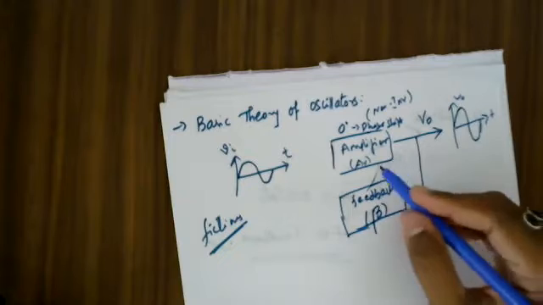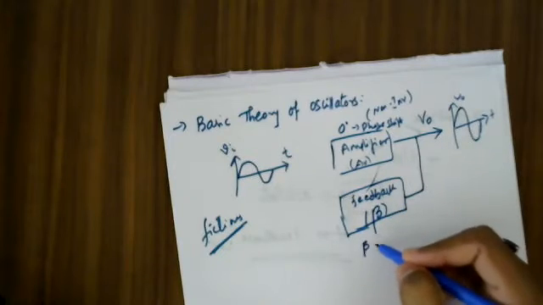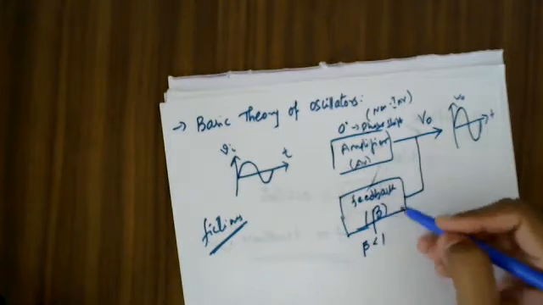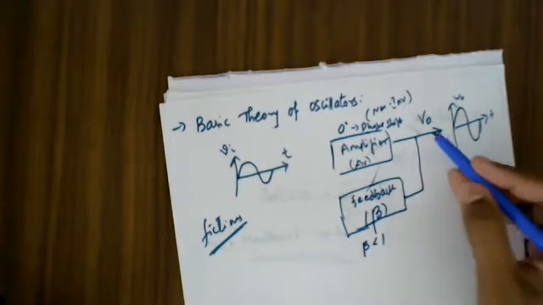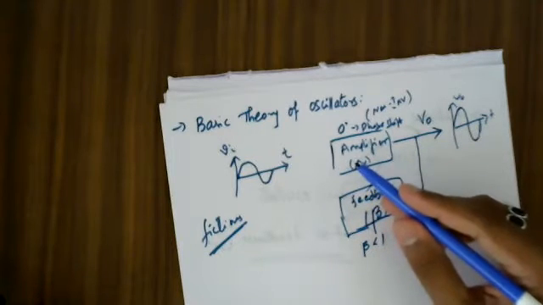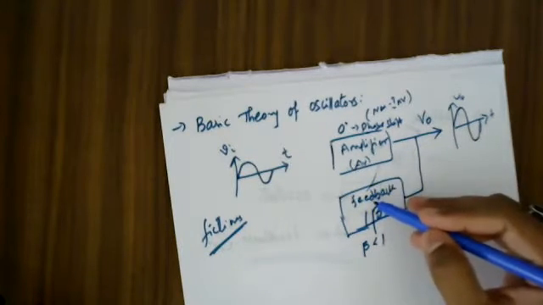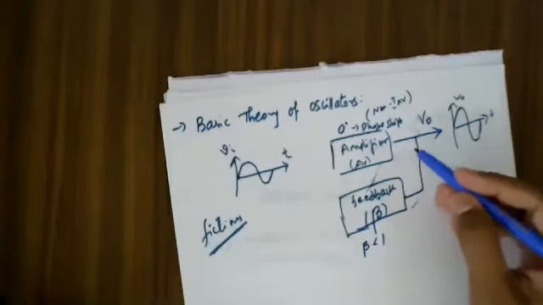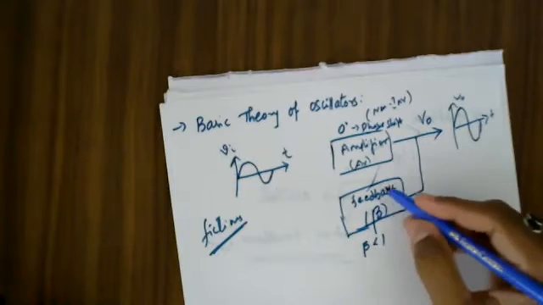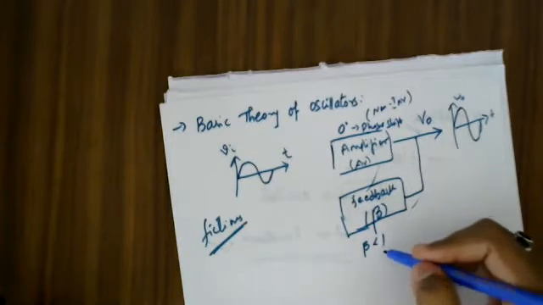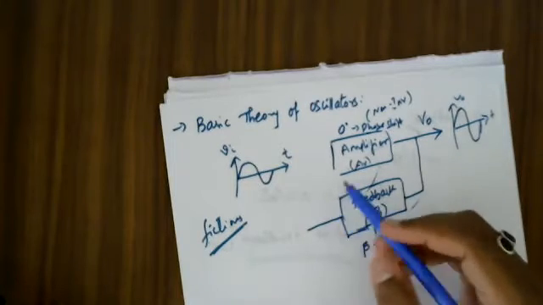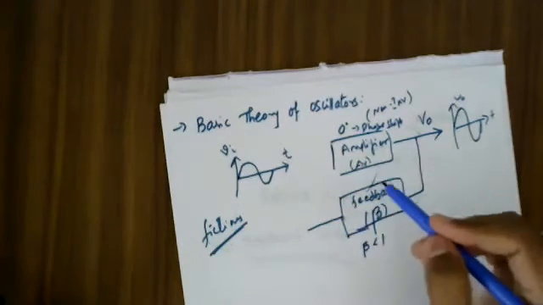And from my fundamental knowledge, I know that the value of beta is always less than 1, because it simply means, you understand the topic over here, if beta is equal to 1, it means the entire output voltage I'm going to feed as an input. But do I want to feed the entire output voltage? No. What I want to feed is a part of the output voltage. When I say it's a part of the output voltage, it simply means the gain of this network has to be less than 1. And now, whatever voltage I'm going to get from this feedback, I'm going to feed it to my amplifier.